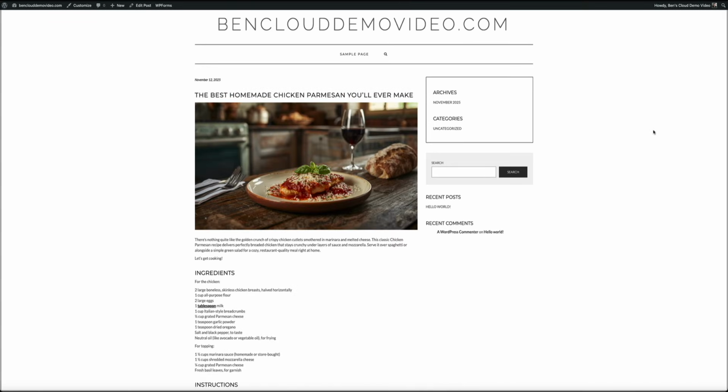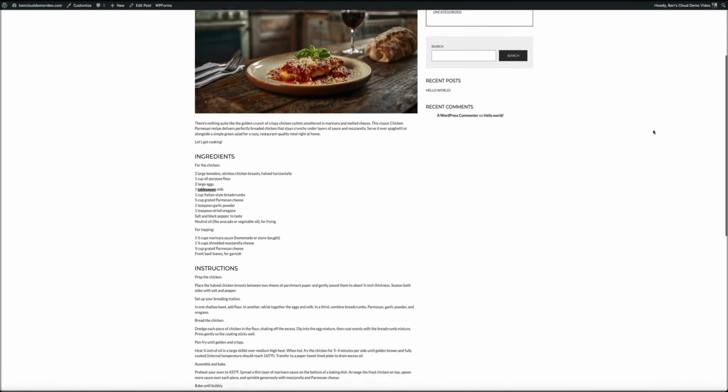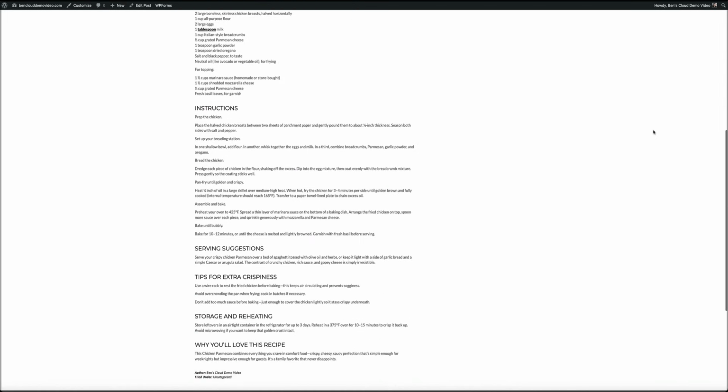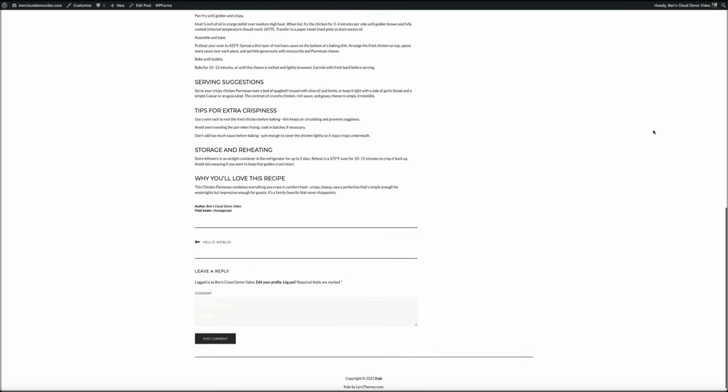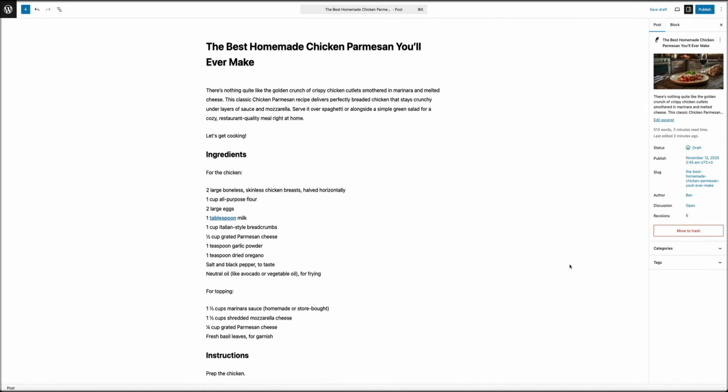And here you can see how everything comes together, your title, featured image, content, and layout. This gives you a chance to double check things like text spacing, image placement, and readability before your audience sees it. Okay, back at the editor, there's one last thing I want to go over before publishing, and that's how